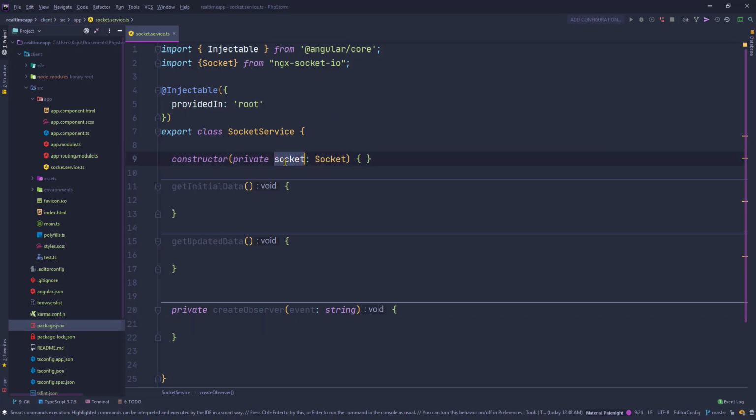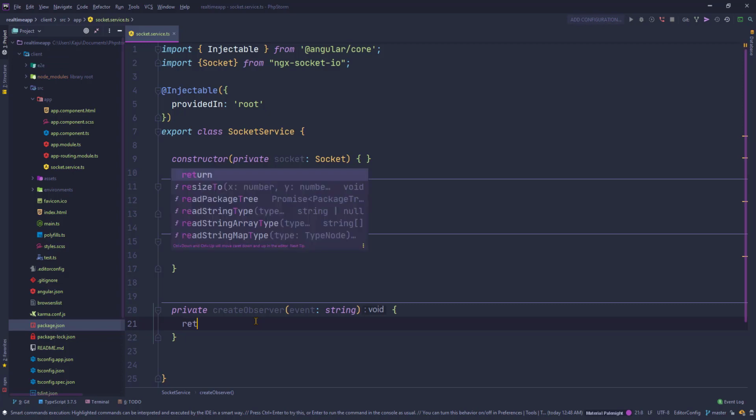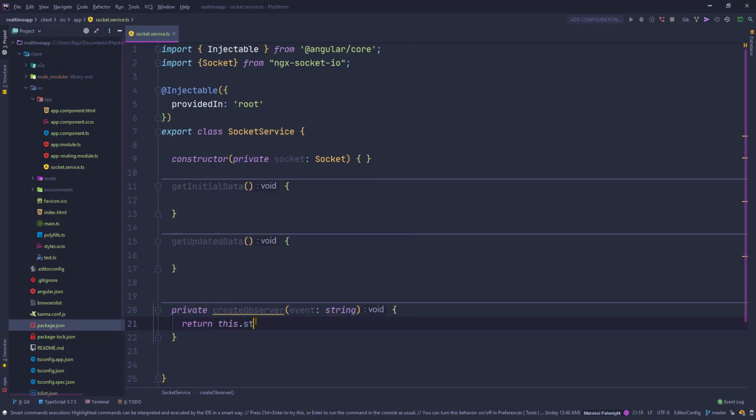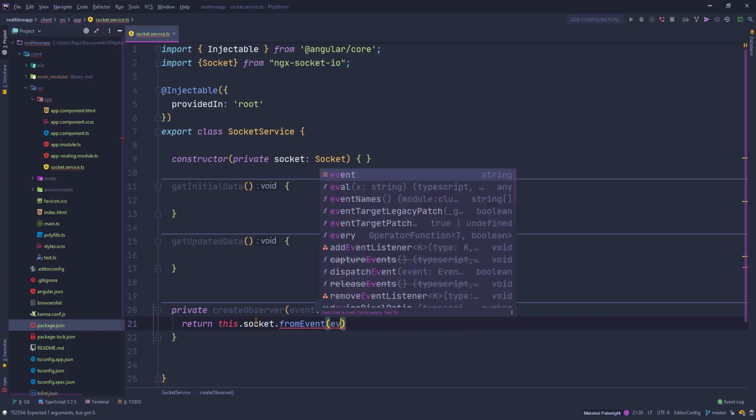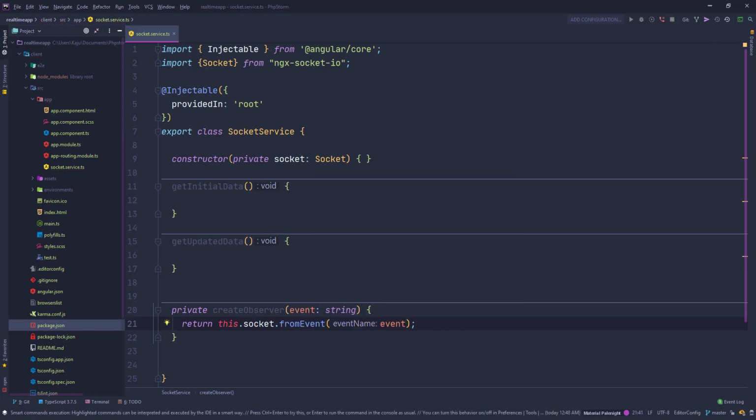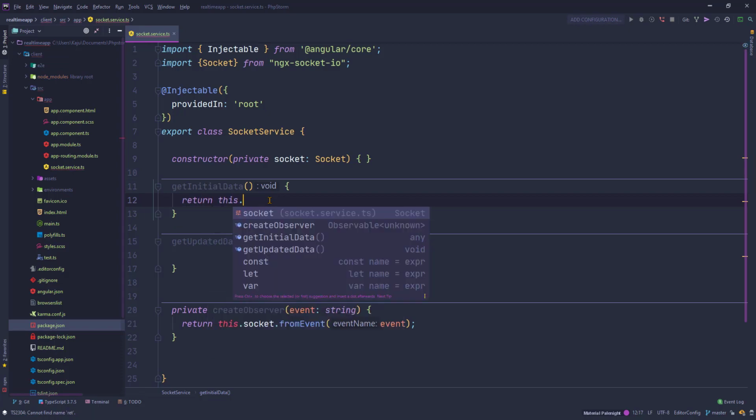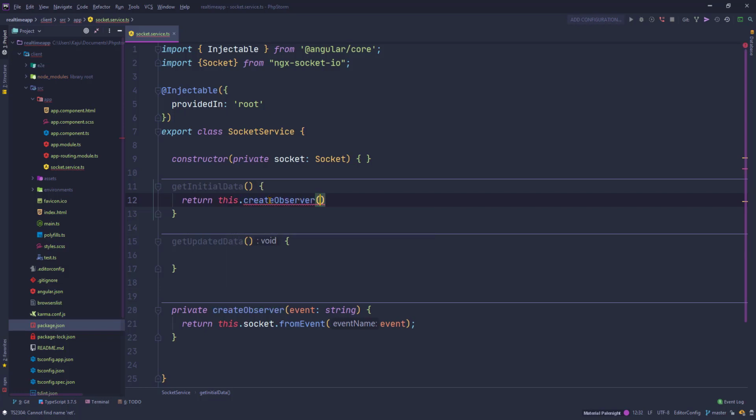And I can use this socket variable here, like return this.socket. It has a from event method here, that takes a string value, event name here. Simple, nothing fancy. Now here you can go ahead and say return this dot create observer